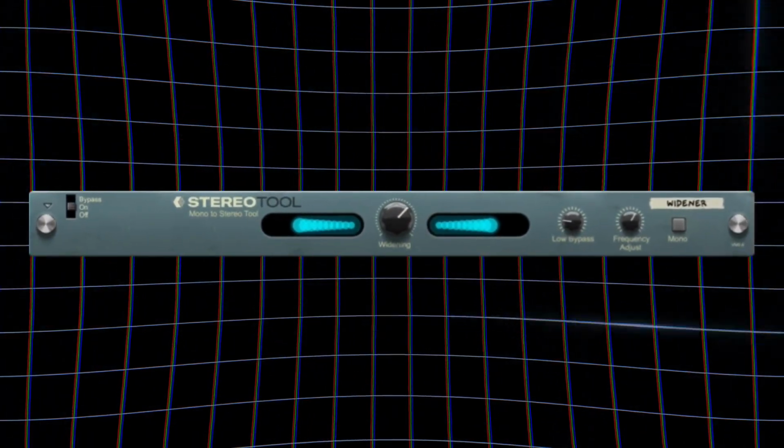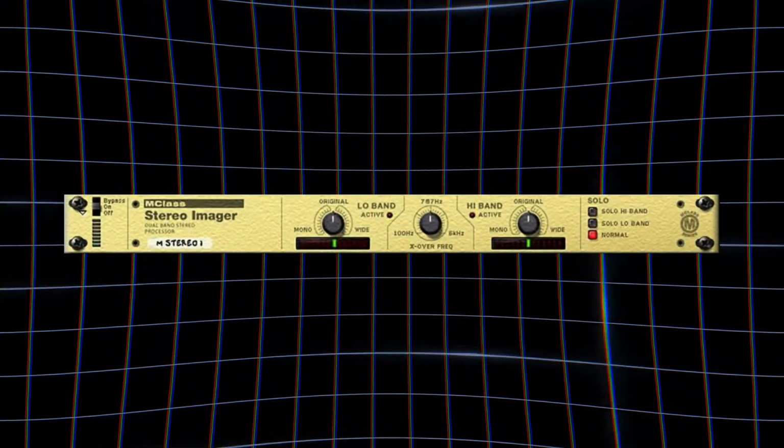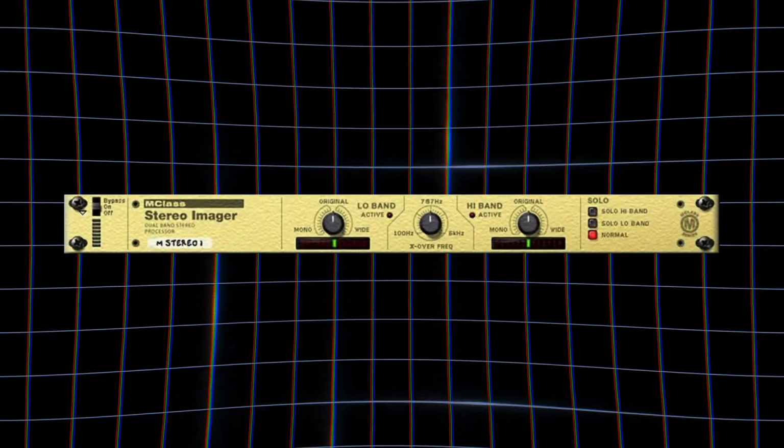I know the hardcore Reason folks are scratching their heads because they probably use an older device called M-Class Stereo Imager, which is native to Reason. But stereo tool can turn a mono signal into a bigger, wider stereo signal without causing phase problems. I'm sure you'll find use for its simplicity and elimination of phase issues while still relying on the M-Class Stereo